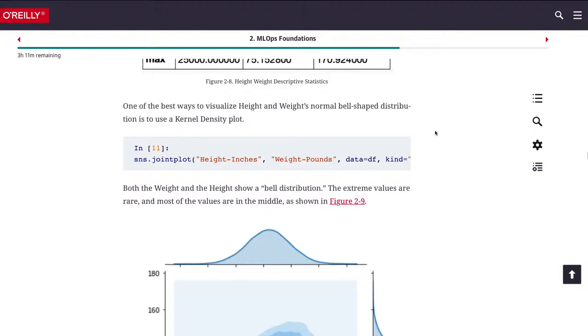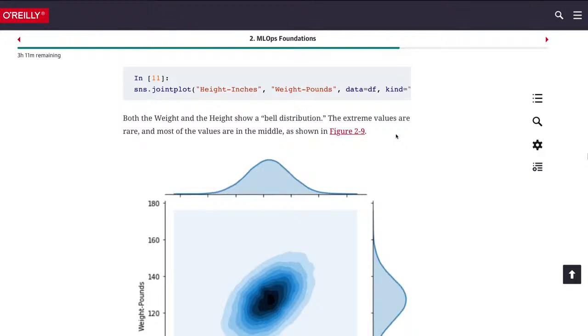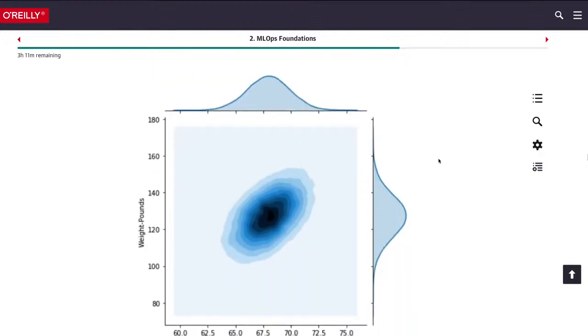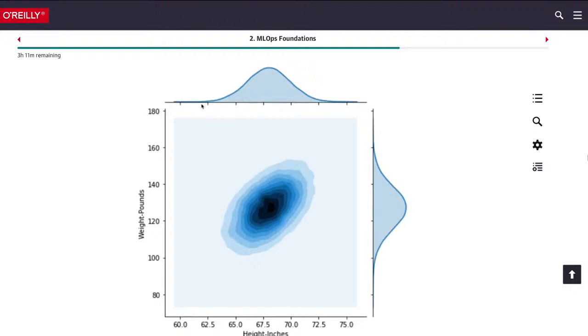So if we scroll down here, another thing that's helpful is that in this case, we know that we're looking at height and we're looking at weight. And one of the things you can do is you can do a joint plot, and you can actually plot and visualize both of the distributions of the variables at the same time. And this can be very helpful if you're looking at features in a machine learning model. And we can see that they're both bell-shaped distributions, which again shows that the most of the observations are within